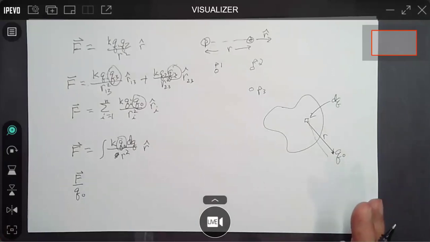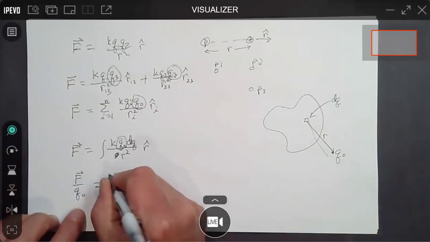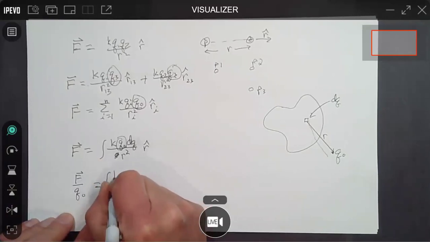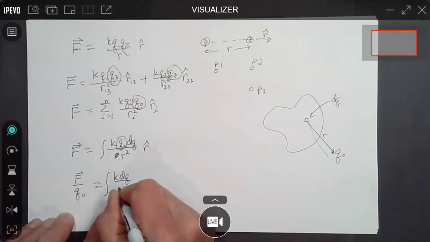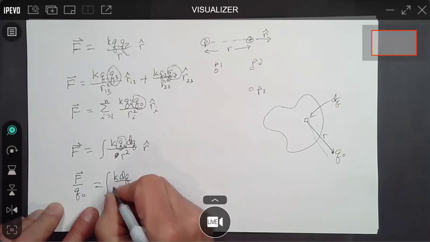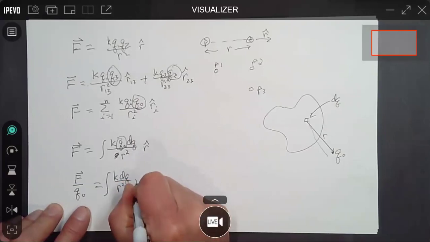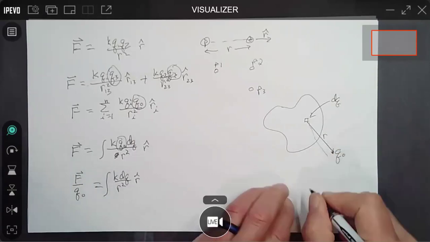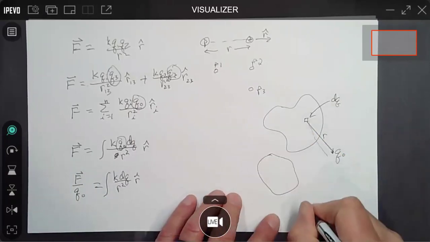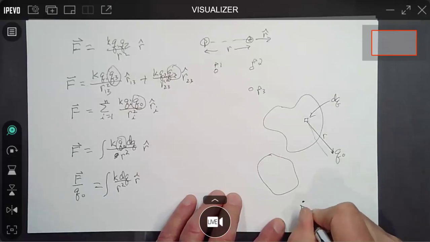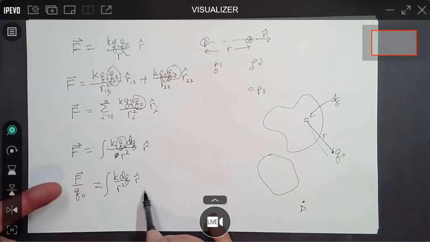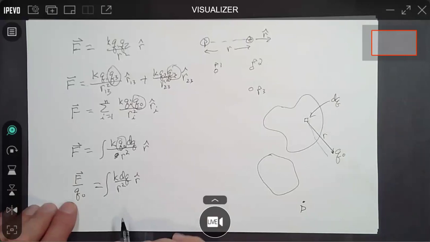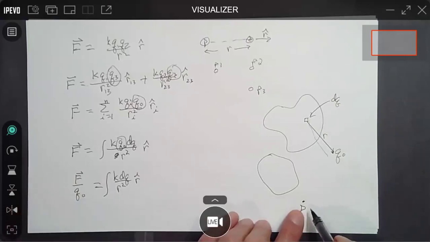And what we're thinking about when we do that, in this case, is some kind of an integral over the charge distribution. And we'd be calculating something at some point in space that's now empty. And so instead of having a Q naught sitting there, we'd just be calculating the electric field at some point P here in space, but we'd have an expression like this that we calculate. We'd be calculating the force per unit charge, where if we stuck a charge there, it would be experiencing a